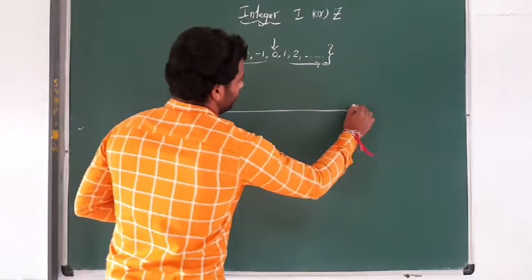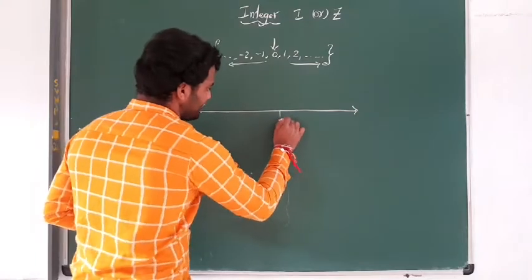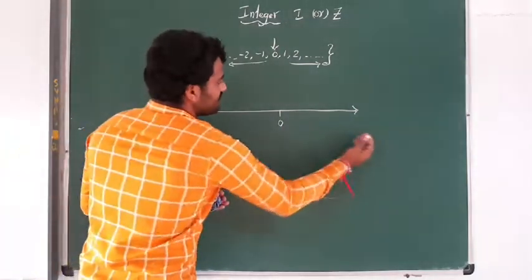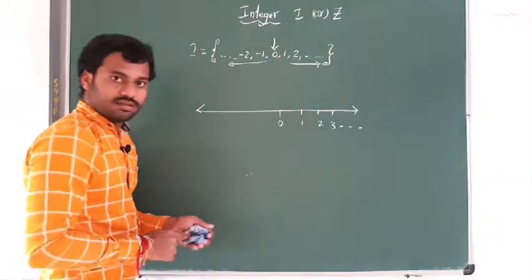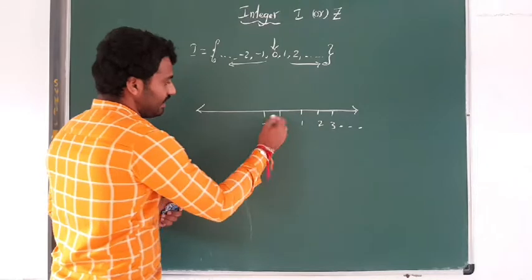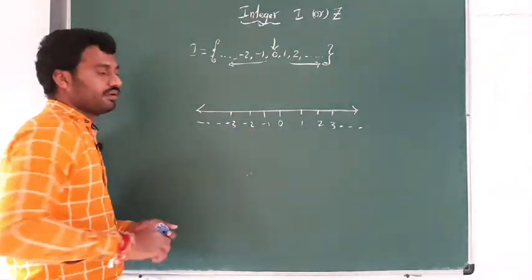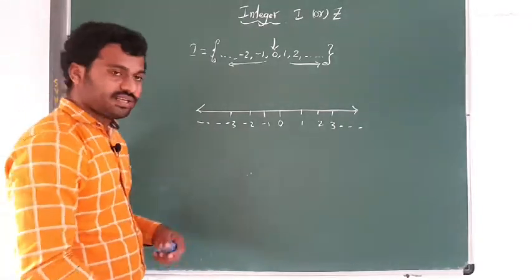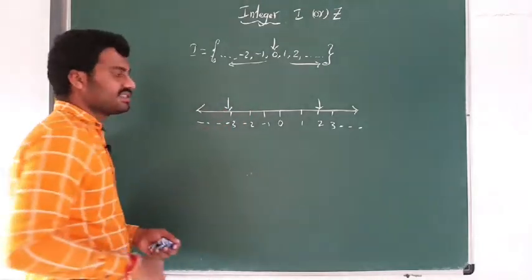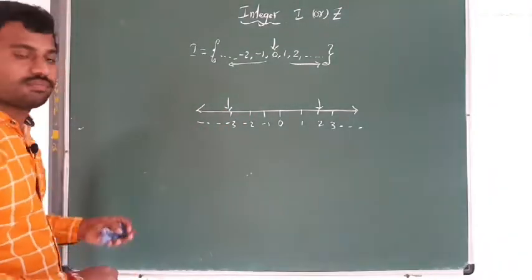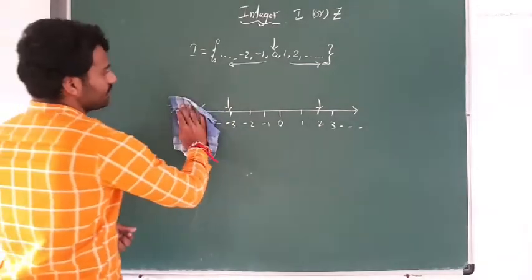And in the representation on the number line also, we know the middle one, take it as 0. The right side of the 0 will be positive numbers and so on. Here, the left side of the 0 has negative numbers and so on. If you want to represent plus 2, it is here. If you want to represent minus 3, it is here, minus 10 is here, and so on. Okay, these are all things we learned already.